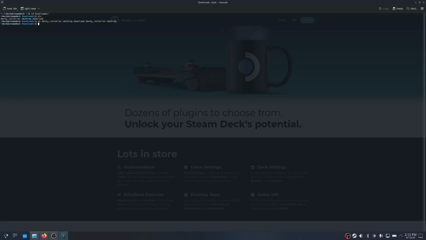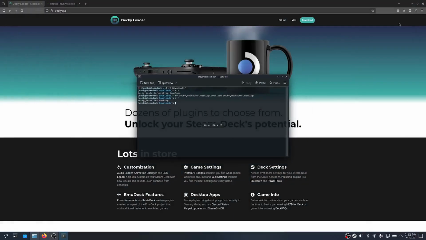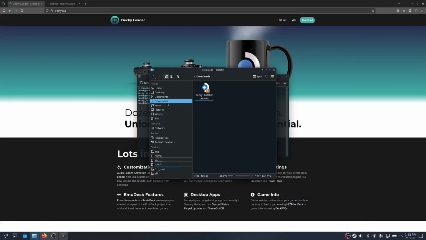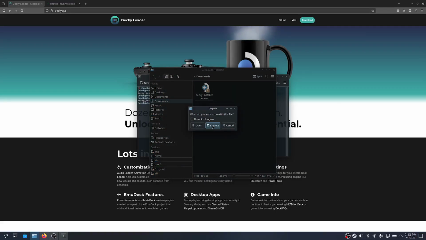So now it should be just Decky installer desktop dot desktop. Let's see. These are finicky sometimes. Sometimes you can just double click on them and run them, and sometimes it wants to run a different way. So I'm gonna just double click this, execute,